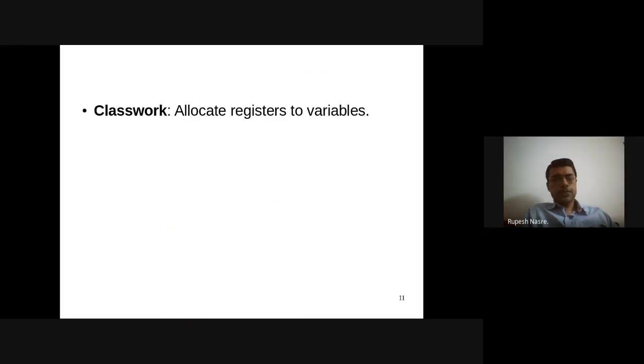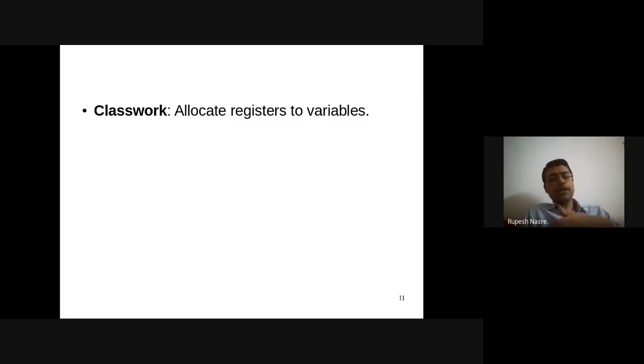Okay, so let's come to what Anishwar and Arnav were suggesting about the register allocation. Right? So let's allocate registers to variables. Right? So that is something which does not get done at this stage, at the IR stage. It gets done a little later because you don't know how many registers are there in the hardware, because this is hardware dependent. Right?